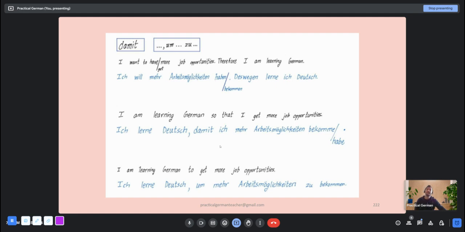Okay, so you had said sodass, right? Sodass is not wrong, it's correct. It's just that you can also say damit. So you can say damit as well. And also, if you notice, when you say deswegen, the verb is in the first position. When you use damit, the conjugated verb goes to the last position. Now, you should know this by now, but if you don't know, if you say deswegen ich lerne Deutsch, and damit ich habe mehr, it's fine. But in the exam, they will cut your marks, of course.